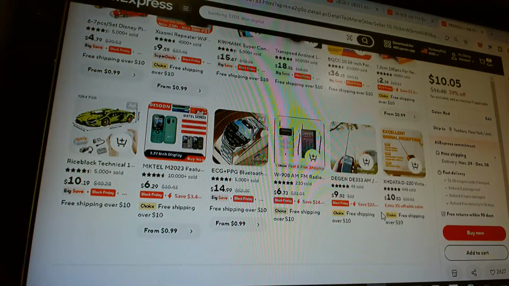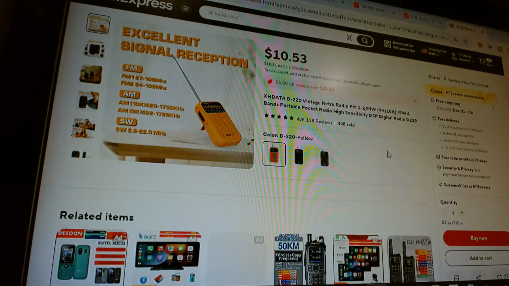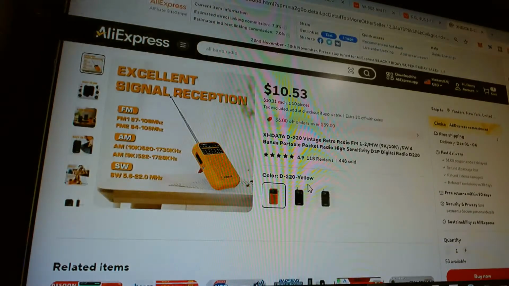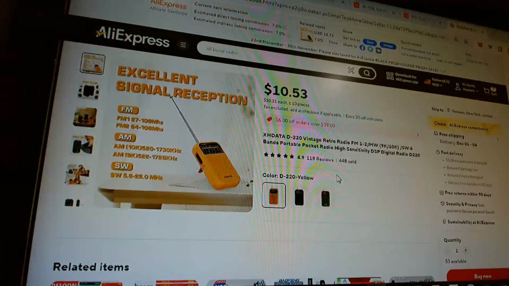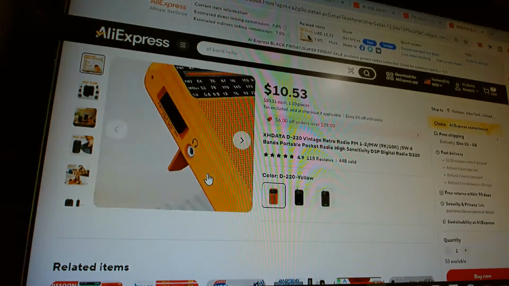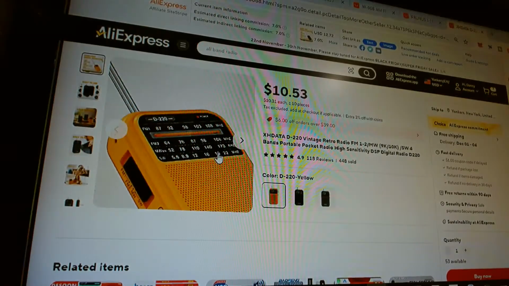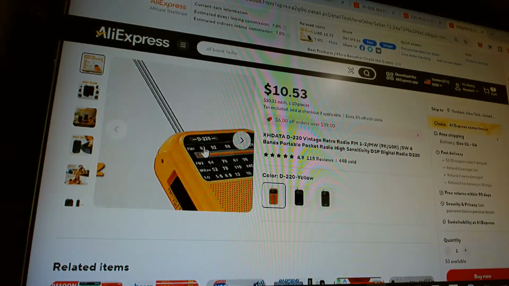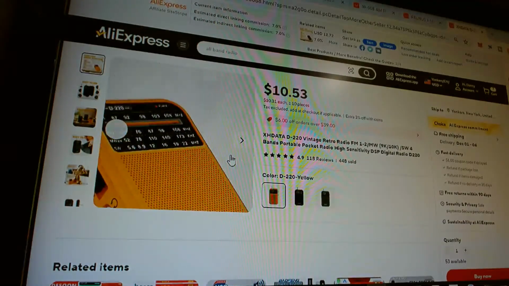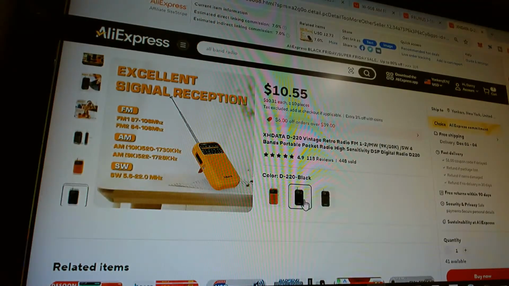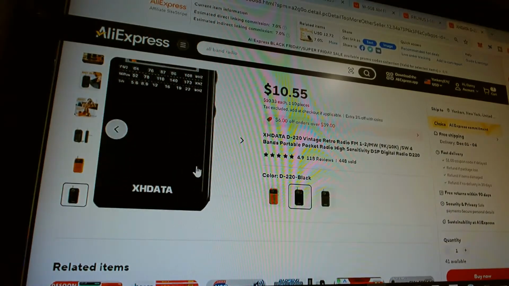Oh wow. Of course, the SH Data D220 is right here. It's $10.53. And of course, I'm gonna be receiving the 221 in about a week or so. They emailed me this morning. They said they're gonna send me the 221, which is the one with the weather band. That's the newest radio. The new radio, they got rid of the FM2 band and they put the weather band. And that's the black model.